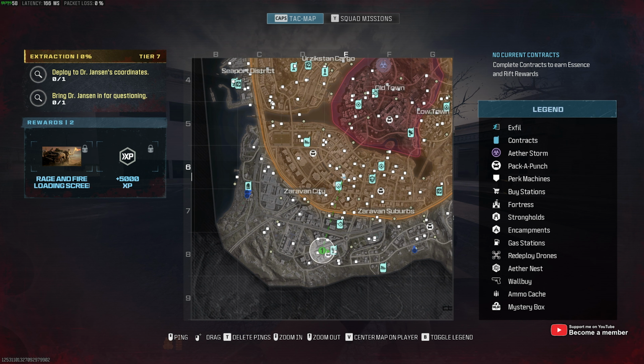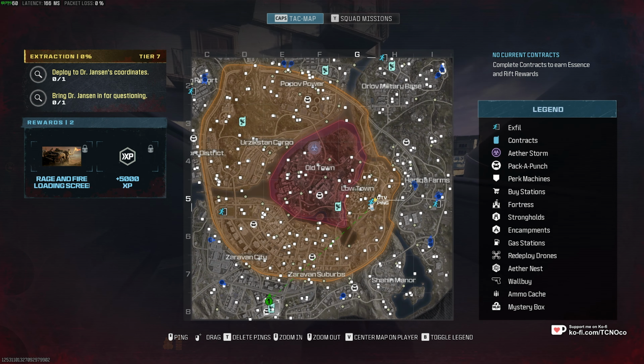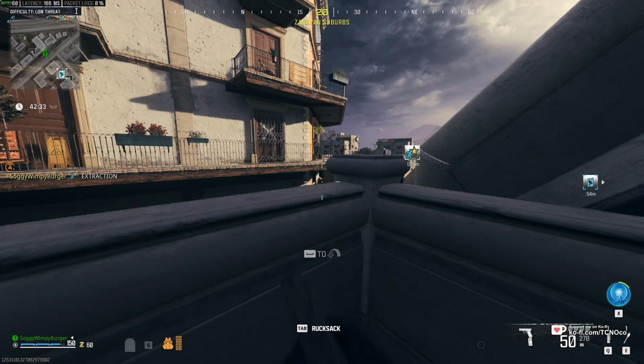Super simple. Okay, so now that we're in game, all we need to do is head across to Dr. Jansen's coordinates. What are they? Well, all we need to do is open up our map and wait for this extraction to spawn. It can be on the right, left, anywhere. It'll usually be in the tier 2 zone, but all we need to do is head across here and hop